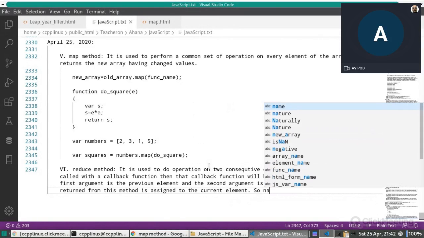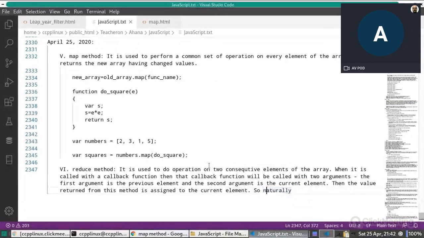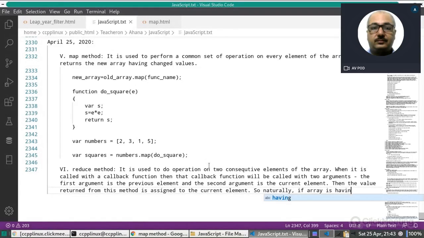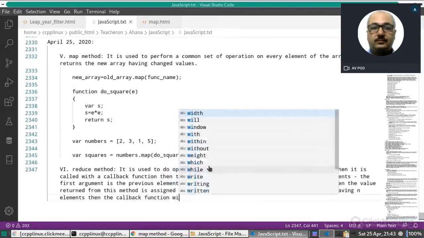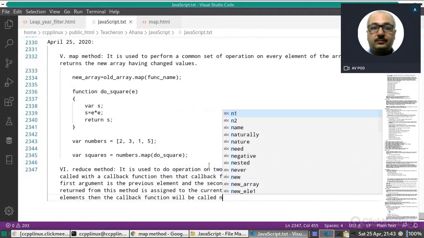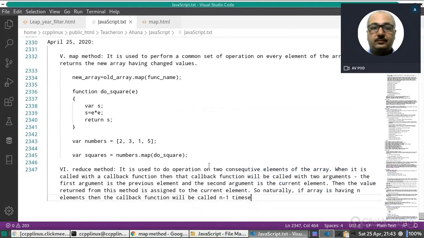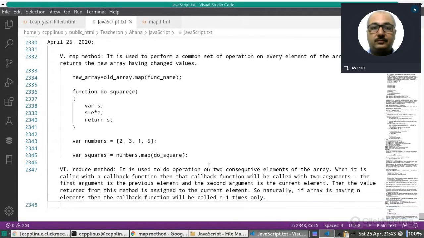So naturally, if the array is having n elements, then the callback function will be called n minus 1 times only. You understand this? Means it will be called one time less.